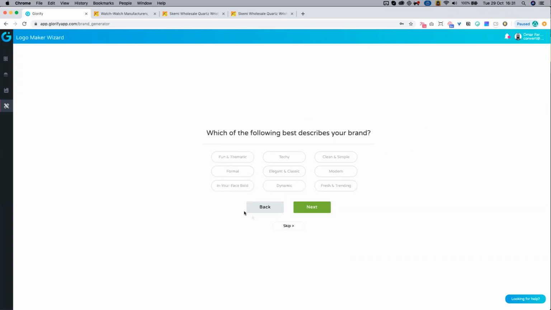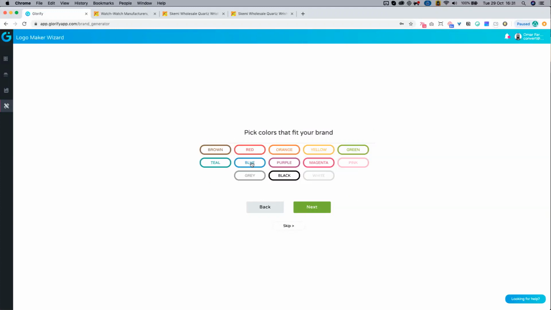you can go ahead and pick descriptions, ways to describe your brand. So these are just the attributes of your brand. So for example, I can click fun and thematic, fresh and trending, modern, in your face, bold. So anything that describes the feeling of the brand that you want to create, and the attributes, right? So these are some of the things that I thought,